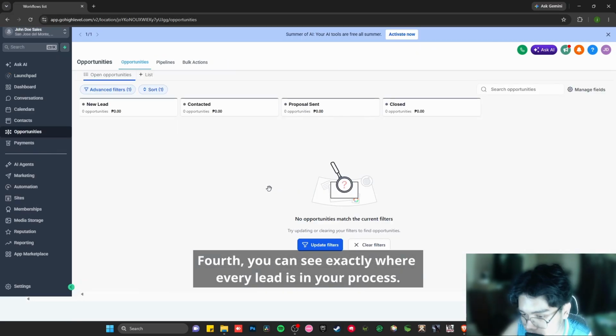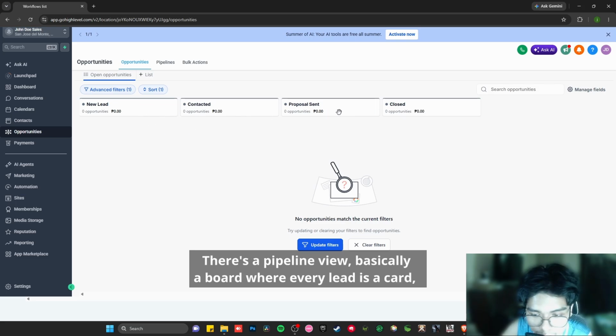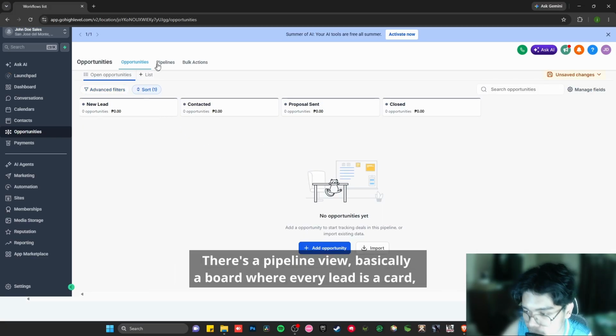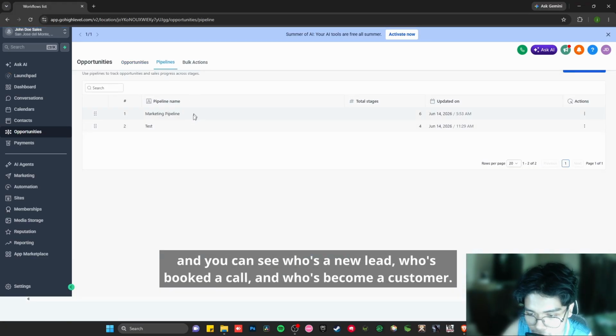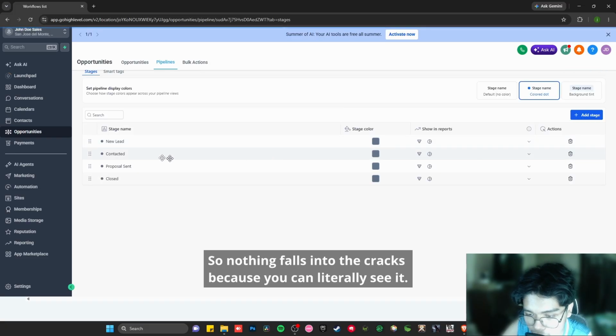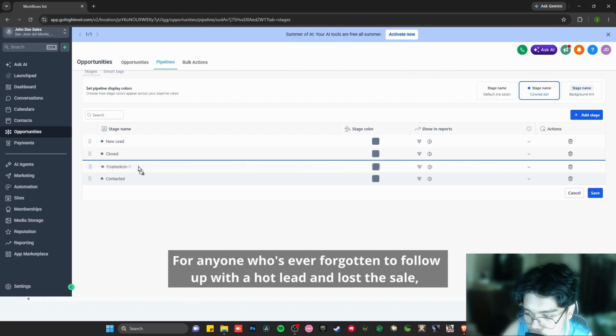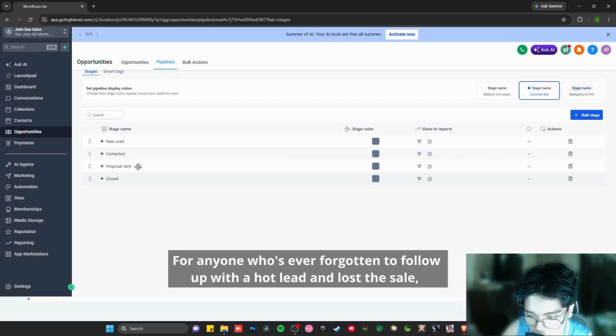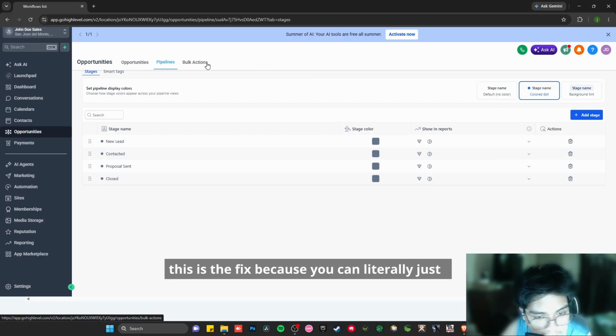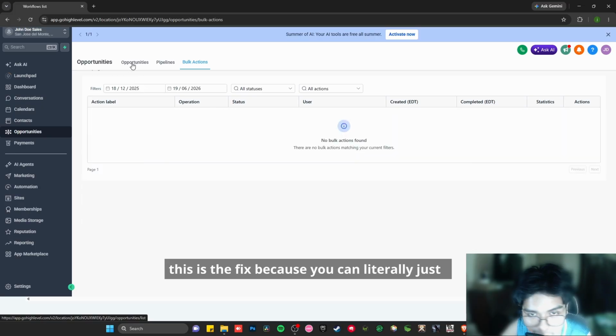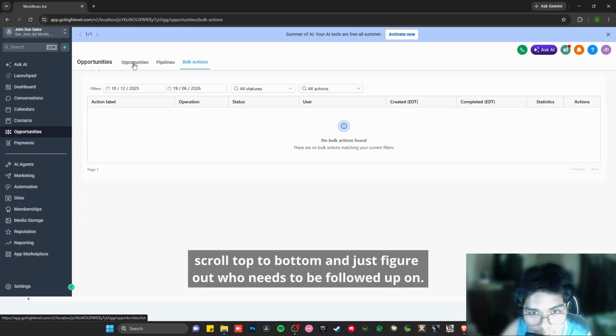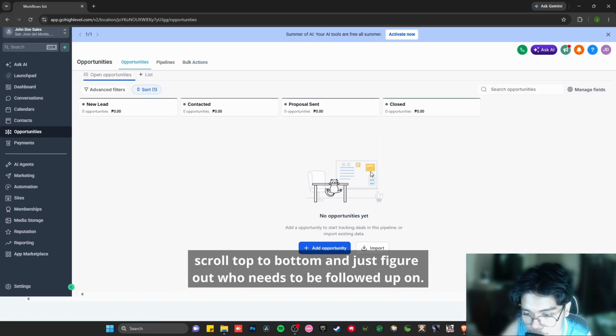Fourth, you can see exactly where every lead is in your process. There's a pipeline view, basically a board where every lead is a card. And you can see who's a new lead, who's booked a call, and who's become a customer. So nothing falls into the cracks, because you can literally see it. For anyone who's ever forgotten to follow up with a hot lead and lost the sale, this is the fix. Because you can literally just scroll top to bottom and figure out who needs to be followed up on. And fifth,